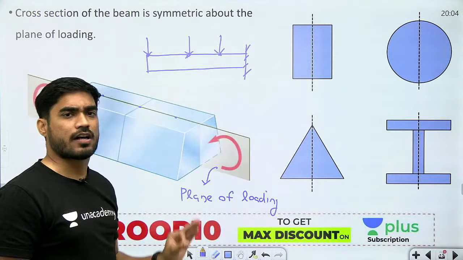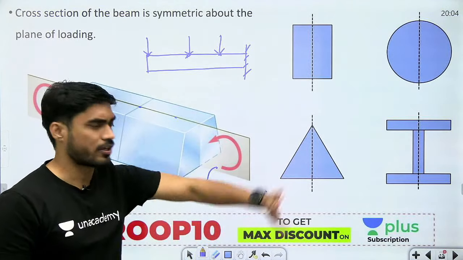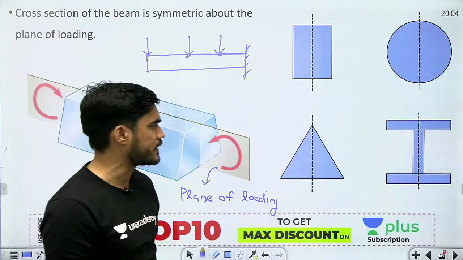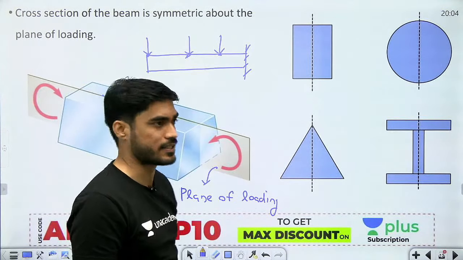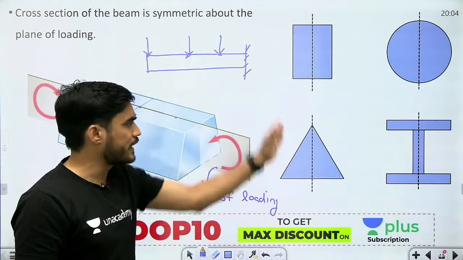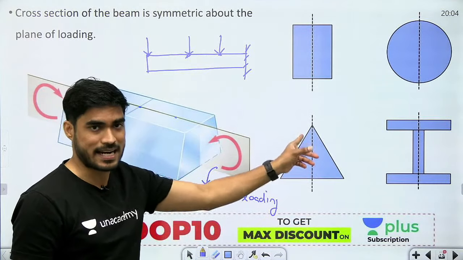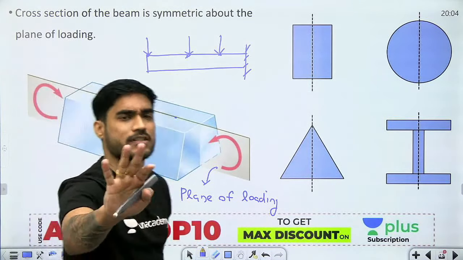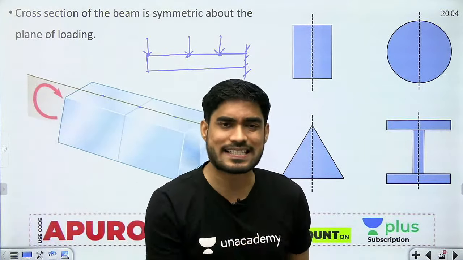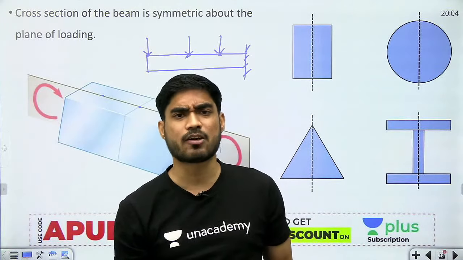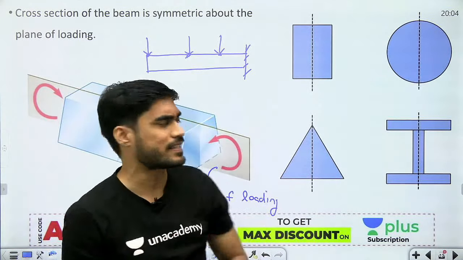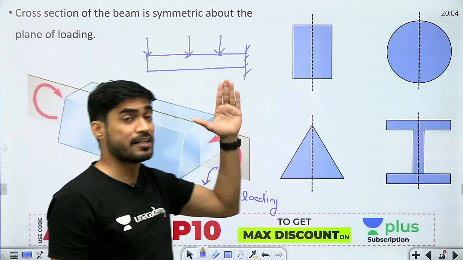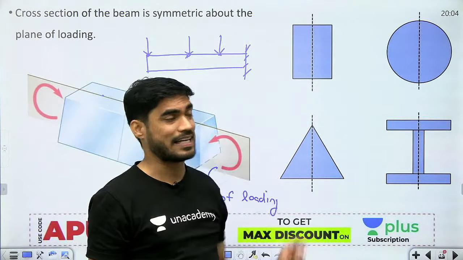So whatever cross section we will consider in the entire bending stress in beams, you will see that all those cross sections are symmetric about this axis, okay. अपने coordinate system के हिसाब से this is y axis, right? हमारे coordinate system के हिसाब से ये y axis है, तो जितने भी cross section हम लेंगे आप देखोगे कि ये सारे cross section y axis के about symmetric होते हैं. हो सकता है ये horizontal axis के about symmetric ना हो, but it will always be symmetric about the vertical axis, ठीक है.